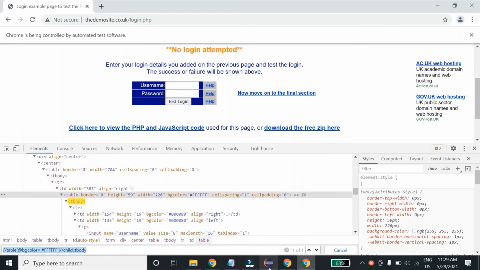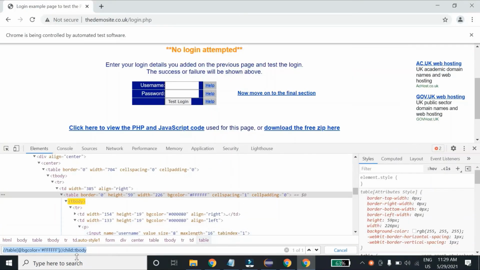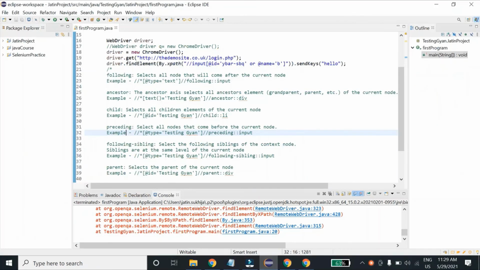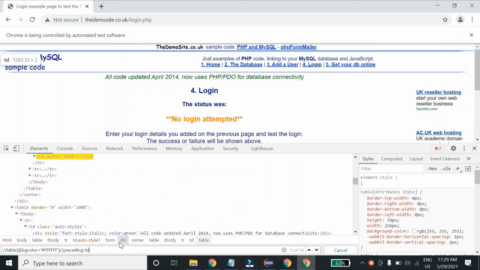Let's move to other. So let's see about preceding now. So let me copy this preceding, and let's say this TD.